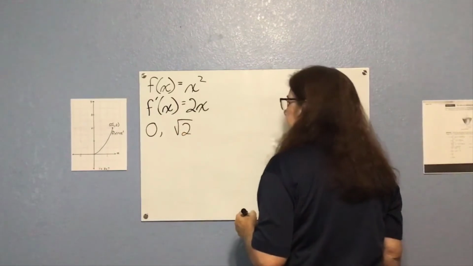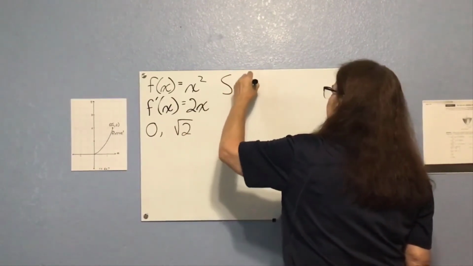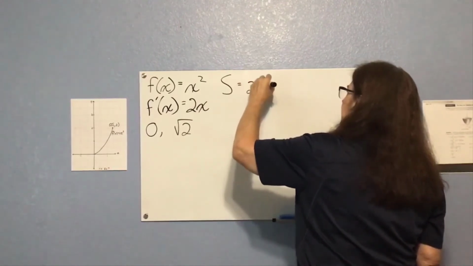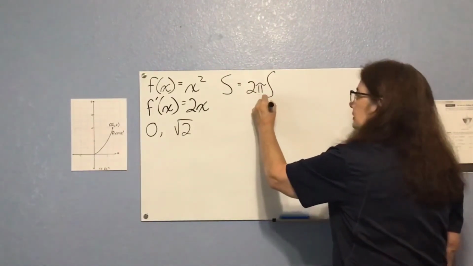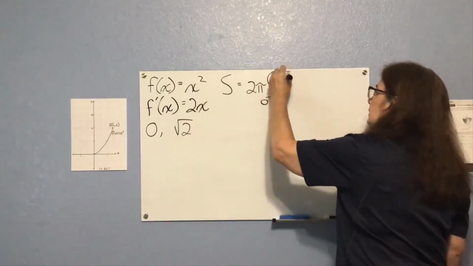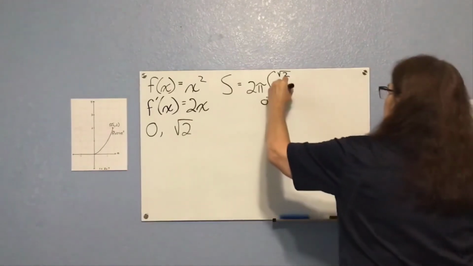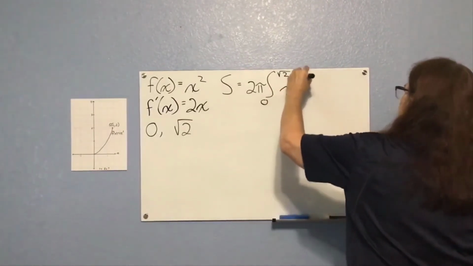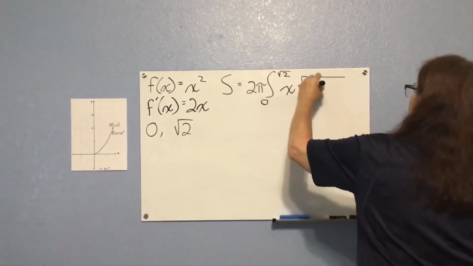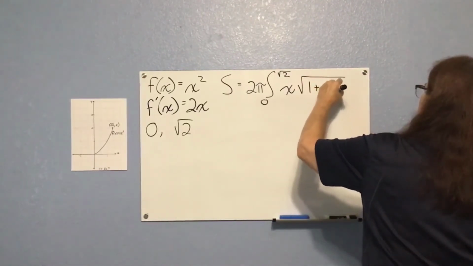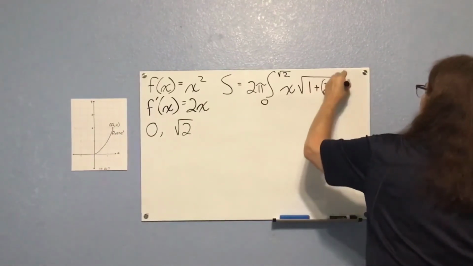Those would be my limits of integration. So start off with our basic equation, S equals 2 pi times the integral from 0 to square root of 2 of x times the square root of 1 plus 2x squared,